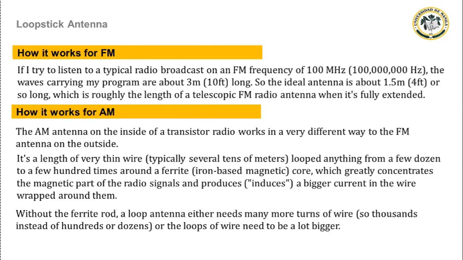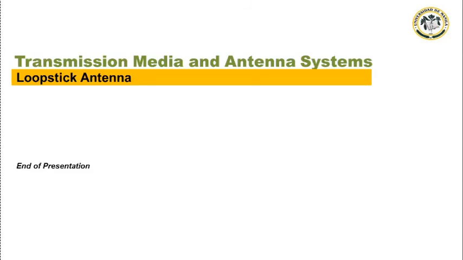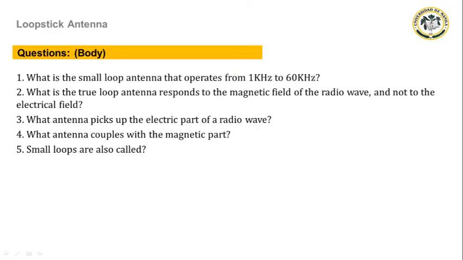Without a ferrite rod, a loop antenna either needs many more turns of wire, or the loop of wire needs to be a lot bigger. That's why FM antennas for radio sets sometimes take the form of a big loop, maybe 10 to 20 centimeters, about 4 to 8 inches in diameter or so. To summarize, ferrite core antennas